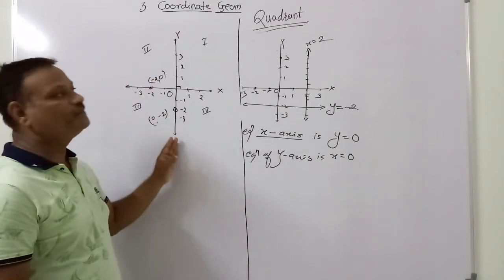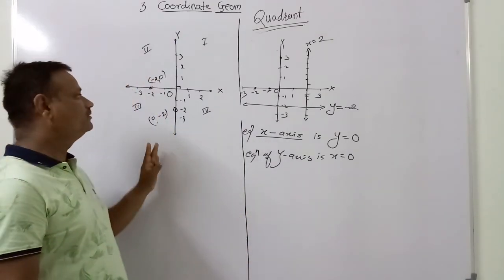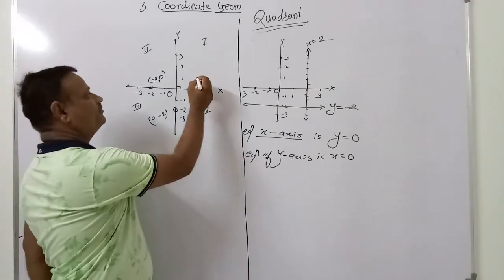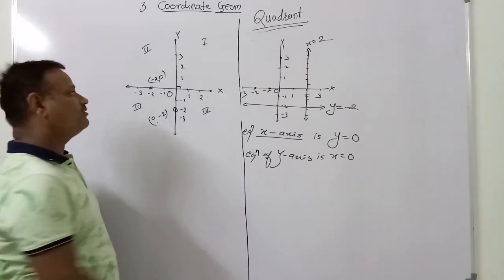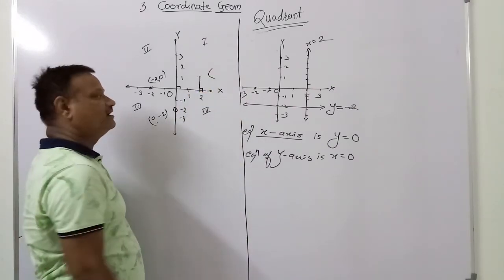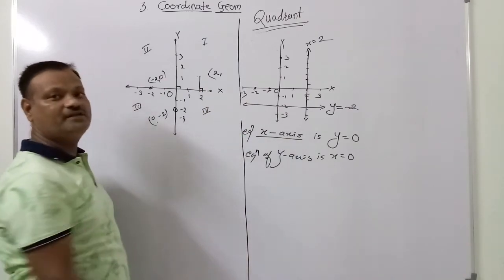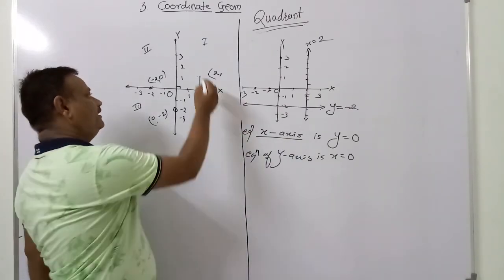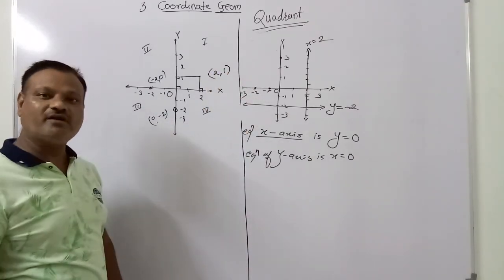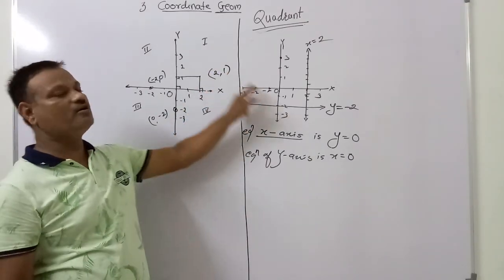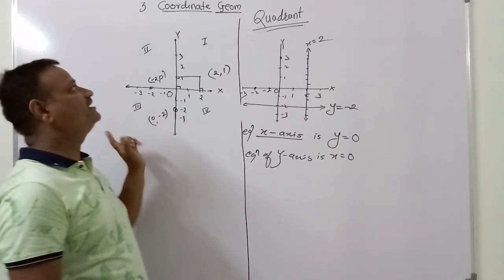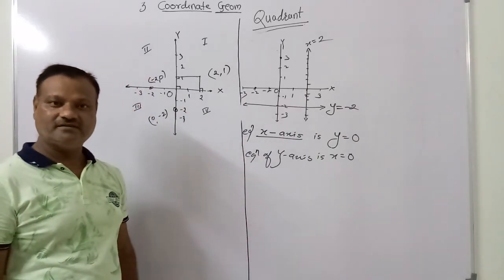So in this way, in the chapter only Cartesian coordinate is there. How to plot the points? How to number the points? If the point is like this, here the point is there, means what is the coordinate of this point? First you draw the perpendicular on x-axis, it intersects 2, therefore 2 is the x coordinate. Here perpendicular on y-axis, so here 1 is the y coordinate, therefore the point is (2, 1). Understood? So in this way you can finish this lesson. Got it? Okay? Yes.